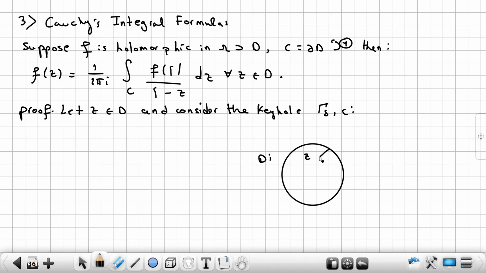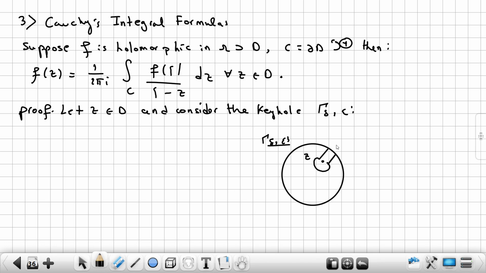So this is the keyhole obtained from the disk D,